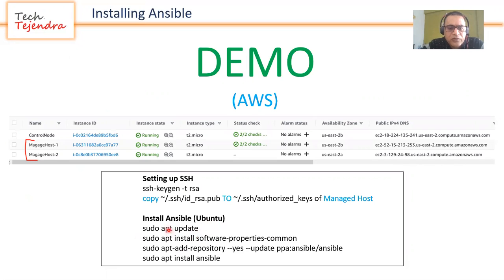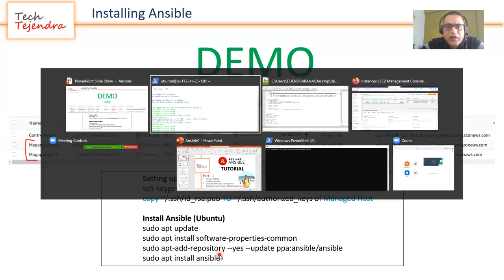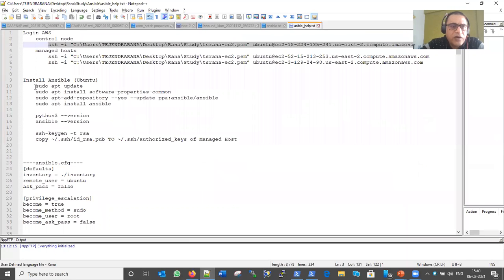For Ubuntu, these 4 commands you have to execute. For Red Hat Linux, the commands are different, but you can easily find these commands in the Ansible documentation or on Google. Let's execute these commands one by one.